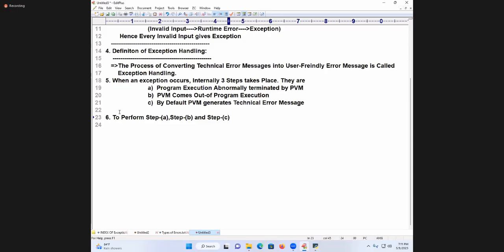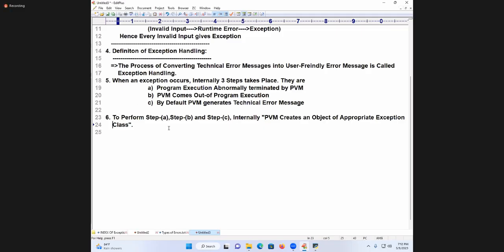To perform step A, step B, and step C, what is happening internally? PVM creates an object. Very, very important. Internally, PVM creates an object of, every object needs what? A class is required. PVM creates an object of the appropriate exception class. Very, very important.